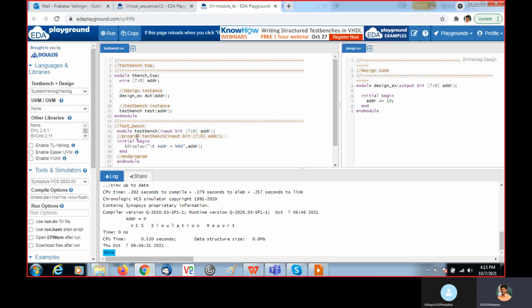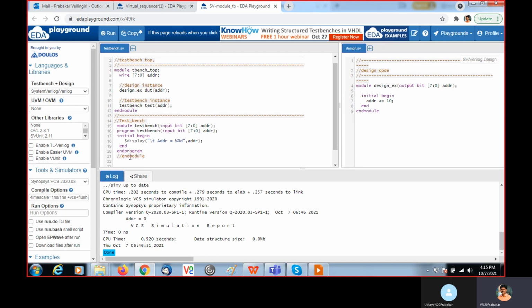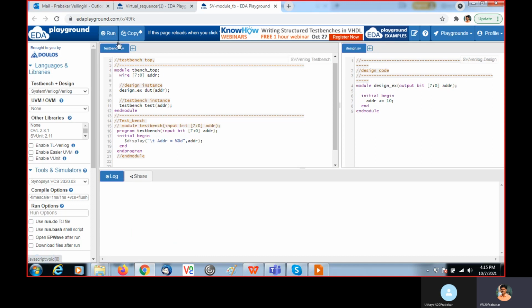Now, if I use a program block instead of the module, I run the same code. The change is that instead of module I use program here.